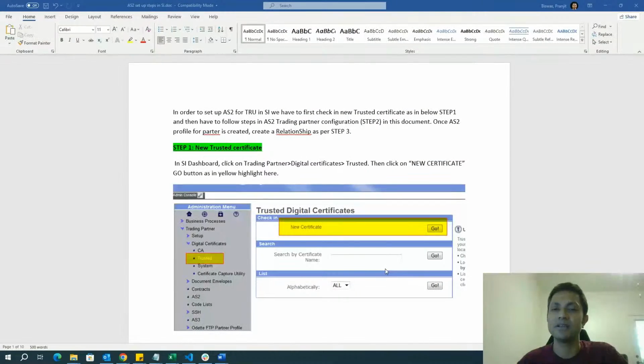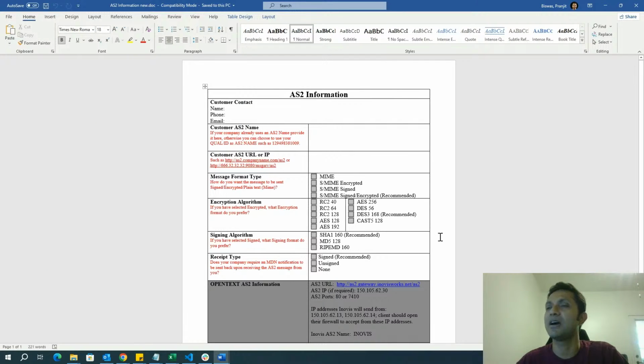Now, let me share my screen real quick. Recently I'm seeing a lot of requests asking how to set up AS2. There are quite a few protocols out there when it comes to integration, and typically we'd only talk about FTP or SFTP or HTTP. But other than that, AS2 is really a very powerful protocol, and the full form of AS2 is